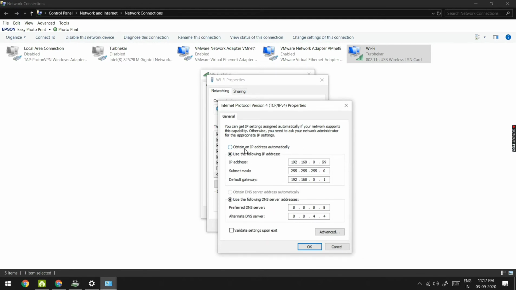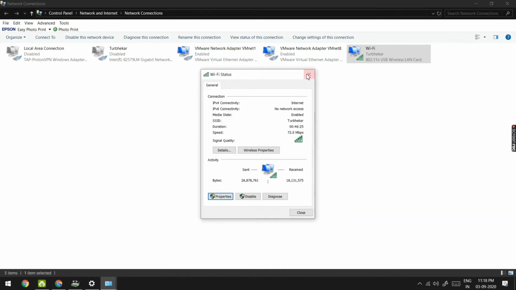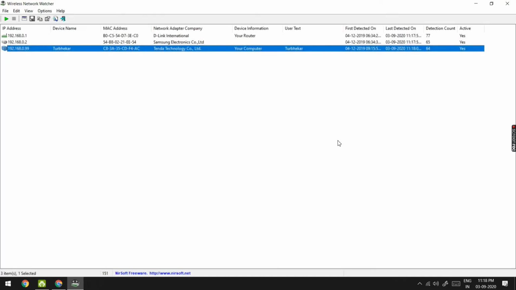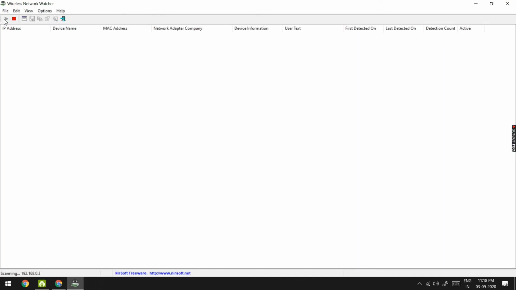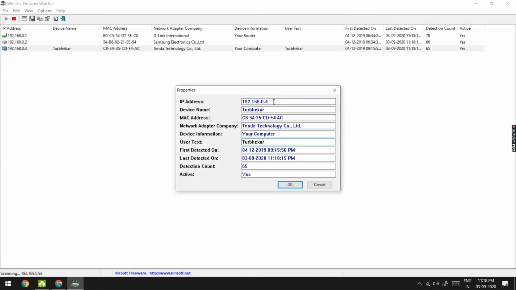We will select obtain an IP address automatically, which will allocate my network adapter a DHCP or dynamic IP address, and then we will click OK and save it. We'll see again whether the IP is restored. Yes, it is restored. Now the IP is 192.168.0.4, which is dynamically assigned. This is how the DHCP server works.